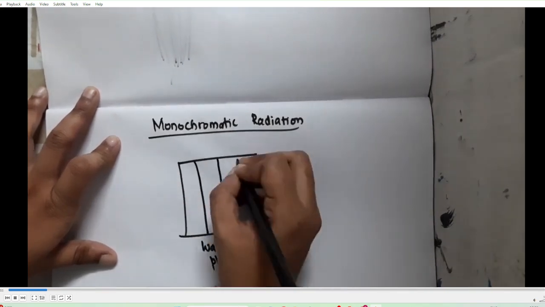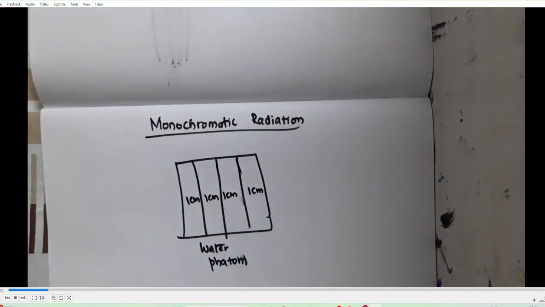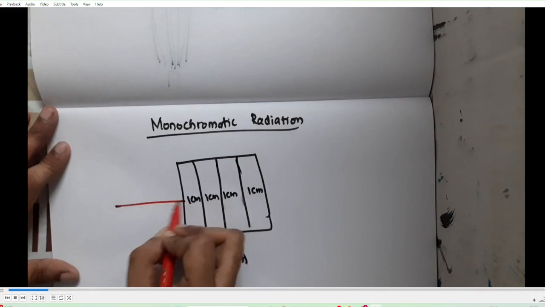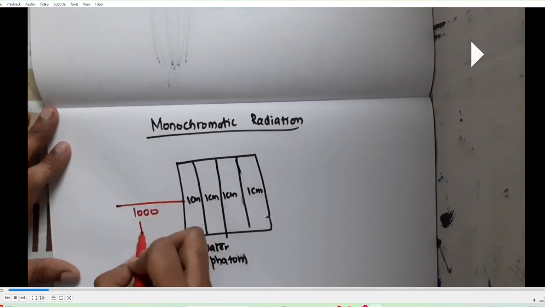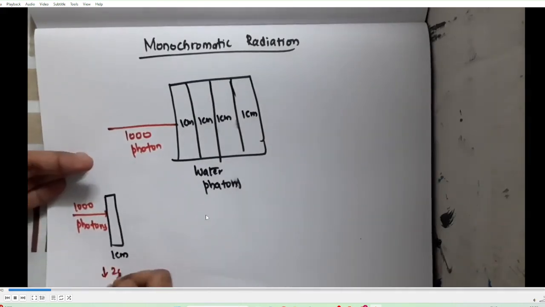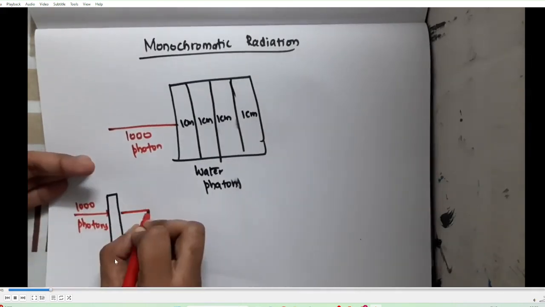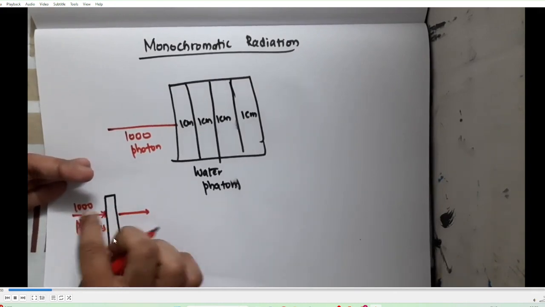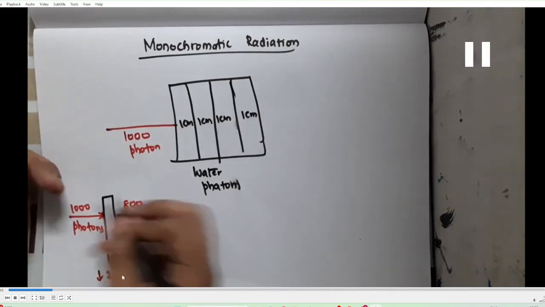So this is a water phantom, and 4 centimeters of water phantom is taken. A beam of 1000 photons is directed at the phantom. The intensity of the beam is decreased to 800 photons in the first 1 centimeter. So the attenuation is around 20%. 20% of 1000 is 200, so 200 are removed and 800 are remaining after the first centimeter